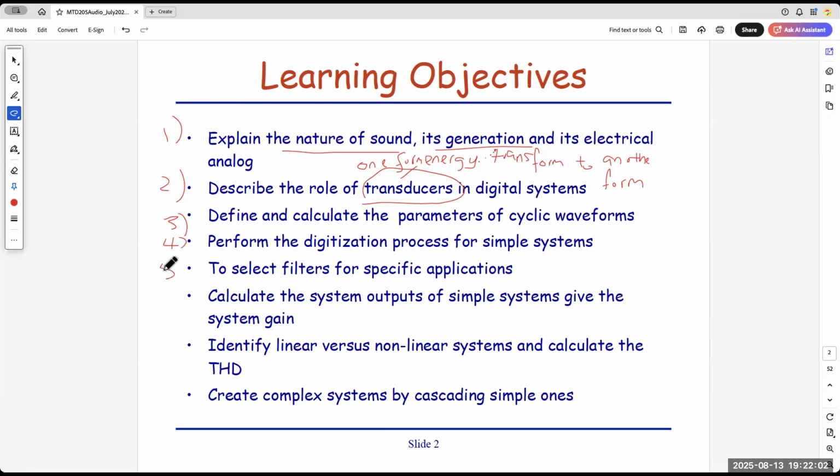And the part 5 objective for today, where we'll stop, is to select a filter for a specific application. What is a filter for a specific application? For example, ladies' voices are quite sharp, which means high pitch, but for guys like me, the sound is very low. This is linked to something called frequency spectrums, which are different for every human. So if I want to transform a lady's voice to a male voice, I can apply a filter, and then the lady's voice will become a male voice.